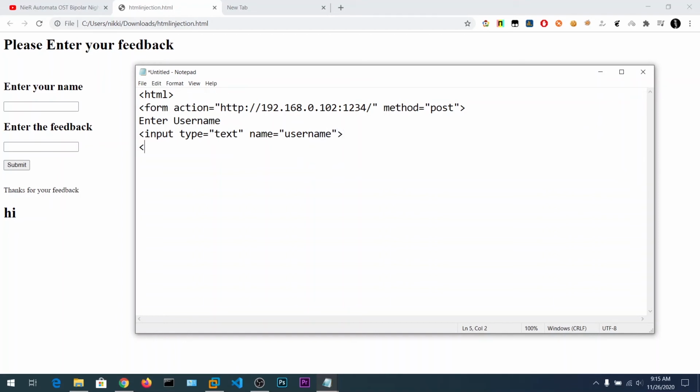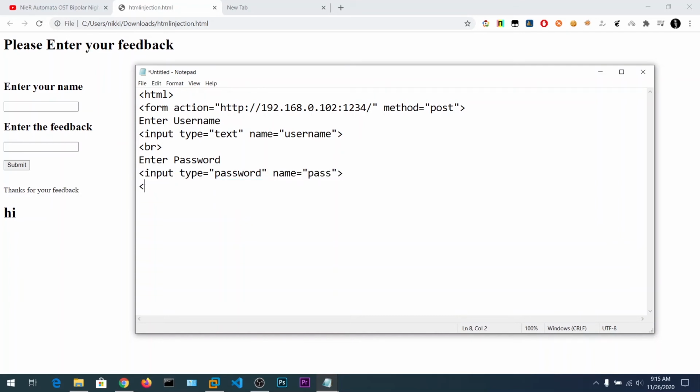Now let me give a break, a new line, and say enter password. We can type input type is equal to password, to make sure that when you type any letters, they appear as dots, not as plain text. So the user thinks it's a safe website. Name is equal to pass.